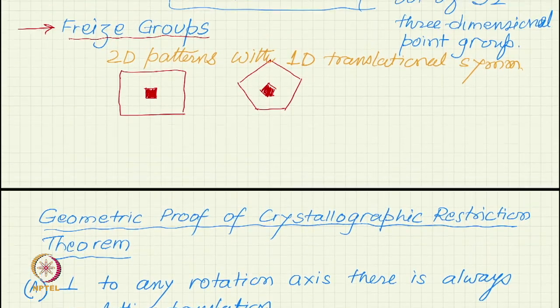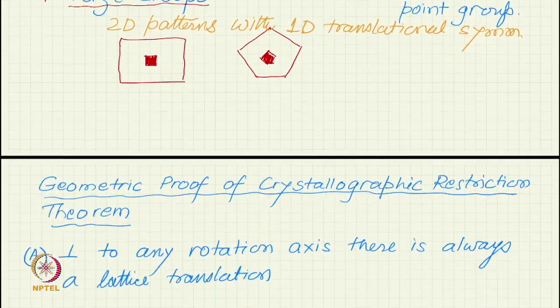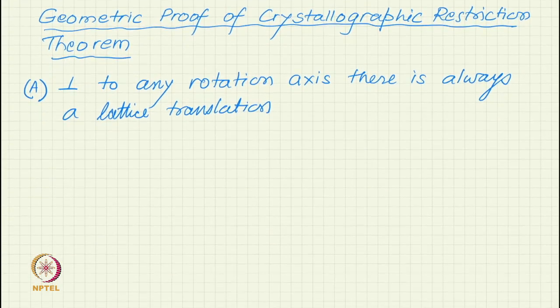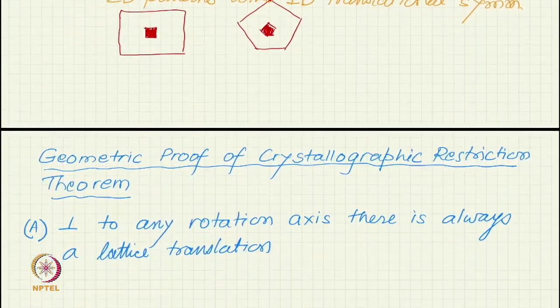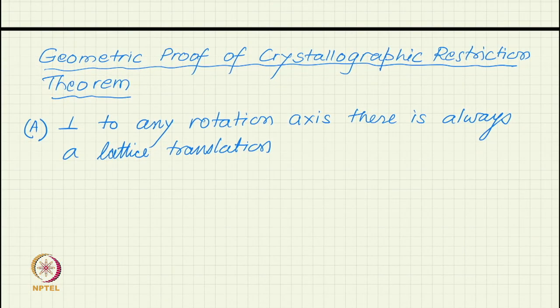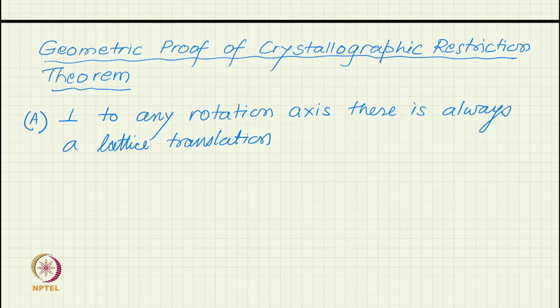Now, you have not seen the proof, because we will not use the matrix proof now. We do not know the proof. So, we do not know that 5-fold does not exist, we want to come to it another way. So, we know that some symmetry axes can be there in a crystal. So, let us say that this is some rotation axis,